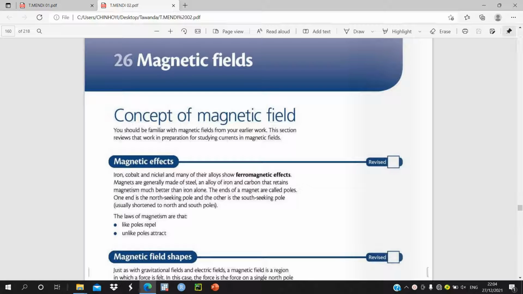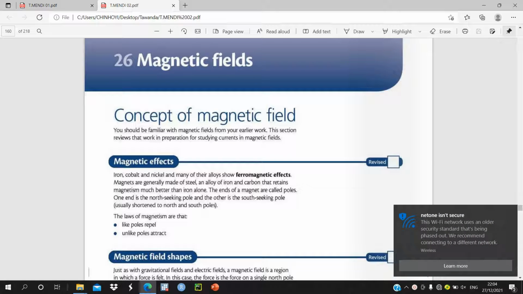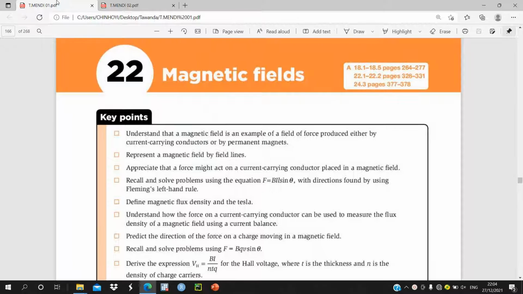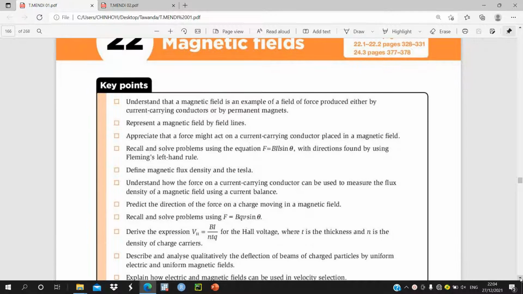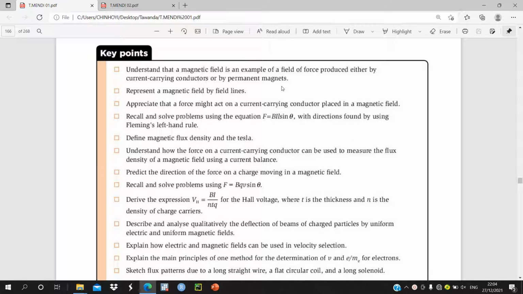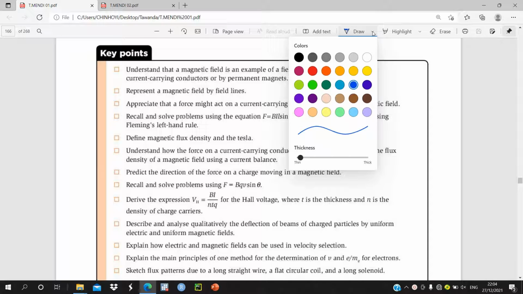Good evening. Today we are moving on to magnetic fields. So we want to look at these key points under magnetic fields, right? So the first point here that we are going to look at